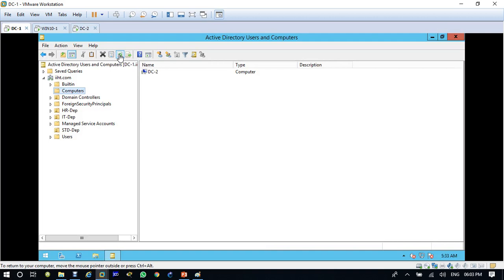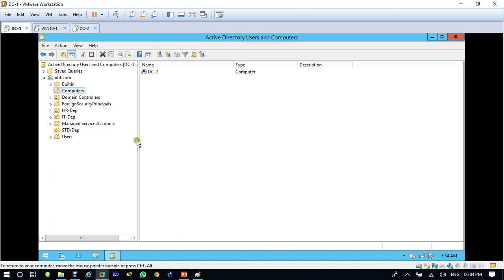Okay, so now we'll start. The first task we have already completed. Both servers must be running Server 2012, so that's already done. Both servers are member servers. Yes, now DC1 and DC2 are member servers. And then install the DHCP role.